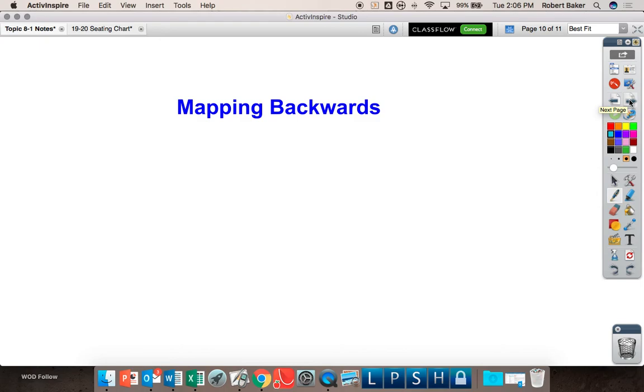Mapping backwards. Can you do dance moves backwards? Yes. You do the cha-cha slide backwards? Yes. The Macarena backwards? Yes. Let me see it. You have to think about it a little bit, don't you? How do you do the Macarena backwards? You just do the same thing in reverse order, don't you? So, if I know I'm doing a translation,